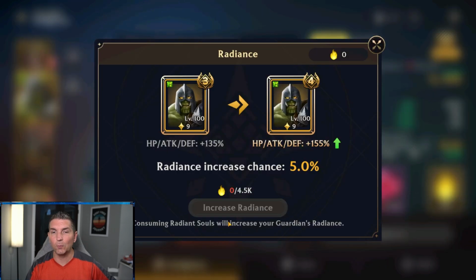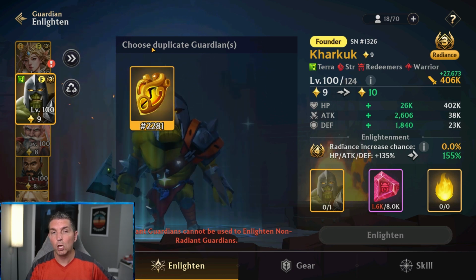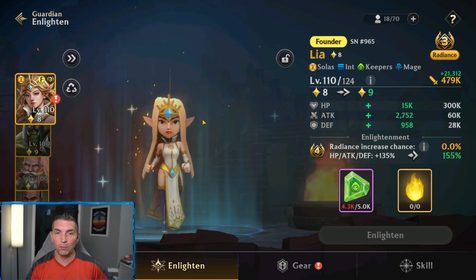And then, of course, to get the radiance level up, we're going to have to increase the radiance right here, which means we could go essentially from 9.3 to 9.4. But we want to do it in combination with the enlightenment. We want to do all of these together, which is the reason why when it comes to the founder heroes,